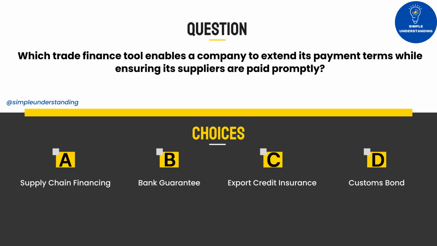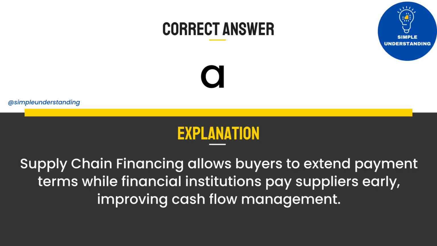location. 6. Which trade finance tool enables a company to extend its payment terms while ensuring its suppliers are paid promptly? A. Supply chain financing. B. Bank guarantee. C. Export credit insurance. D. Customs bond. Correct answer: A. Supply chain financing. Explanation: Supply chain financing allows buyers to extend payment terms while financial institutions pay suppliers early, improving